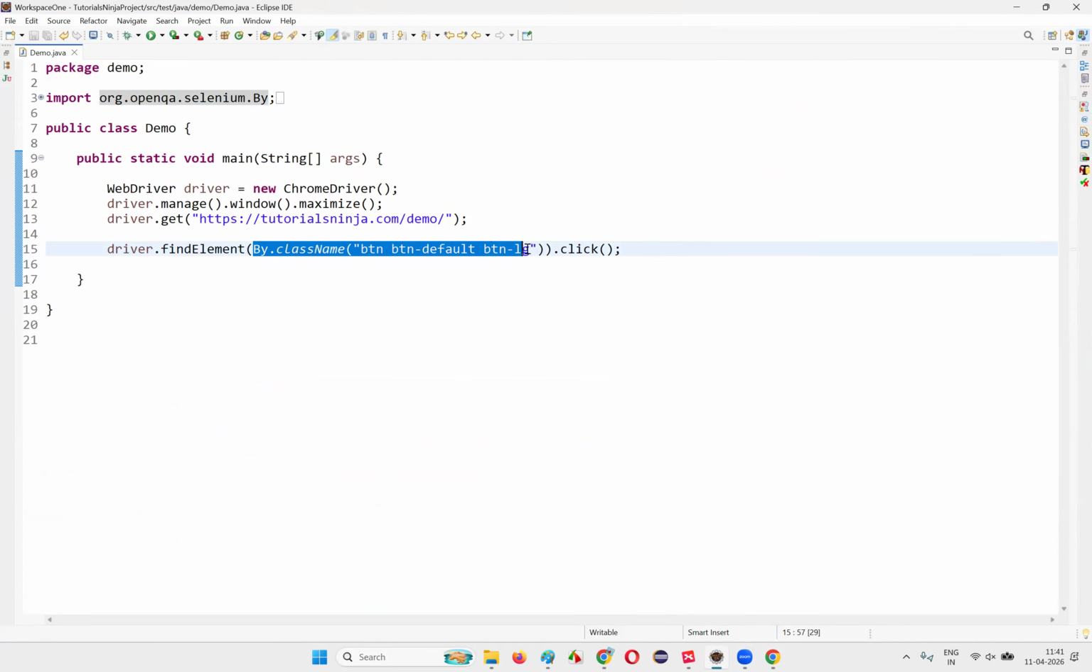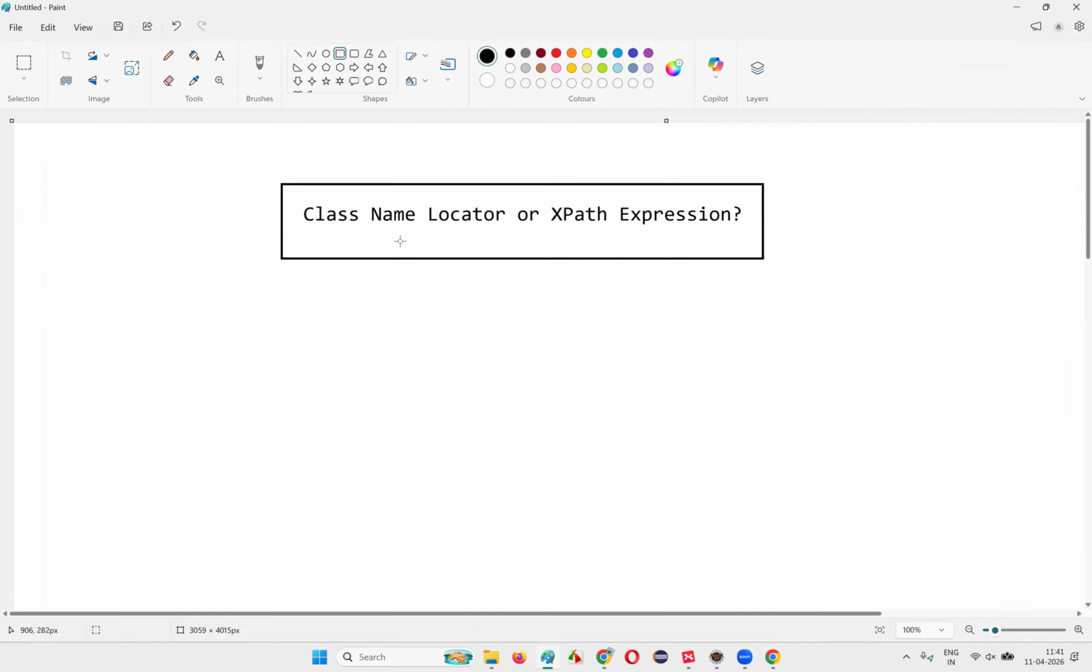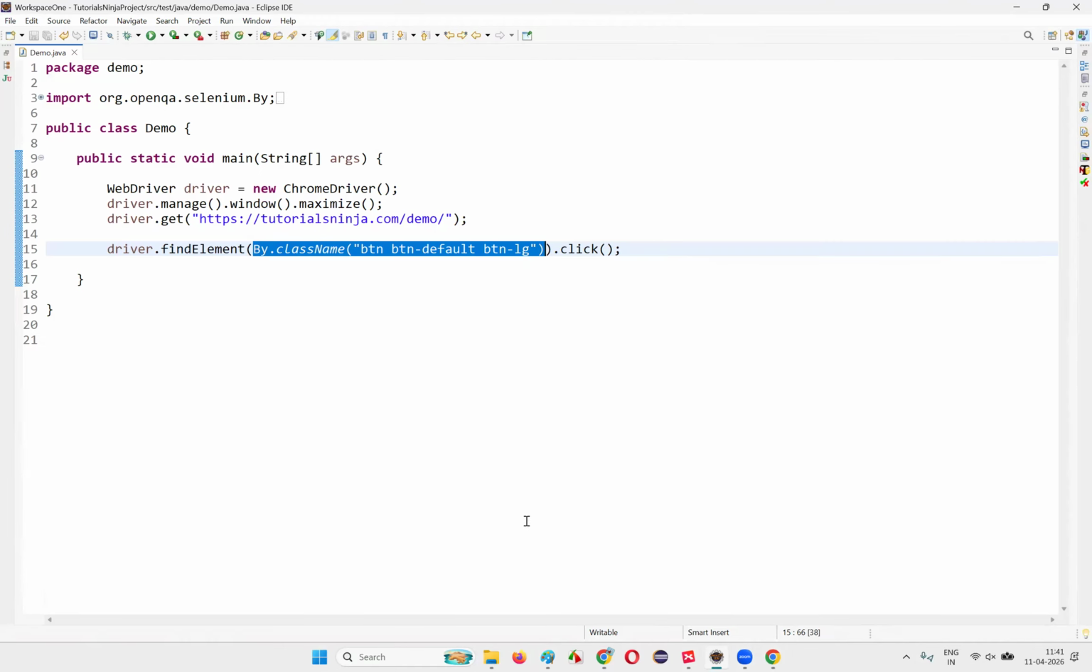So in this kind of situation, I recommend you use an XPath expression. Where you see multiple values assigned to the class attribute of an element, you should not use a class name locator. Remember this. You should use an XPath expression. How? Here I'll be writing